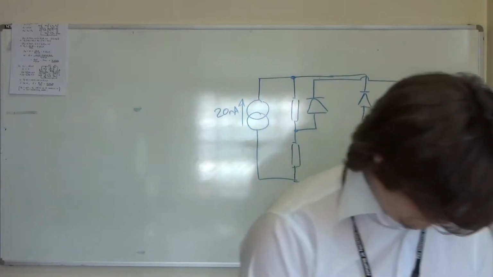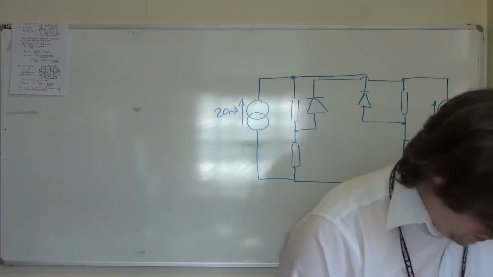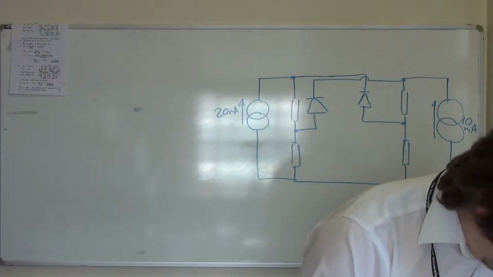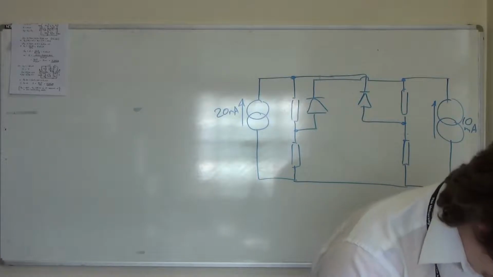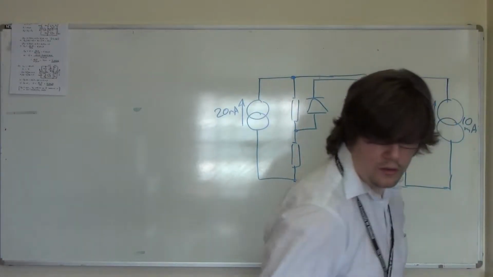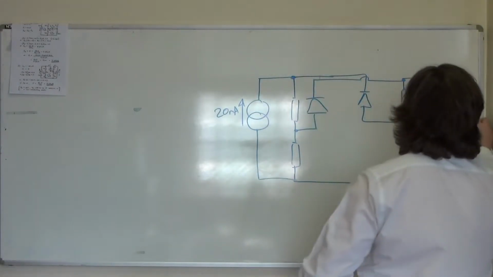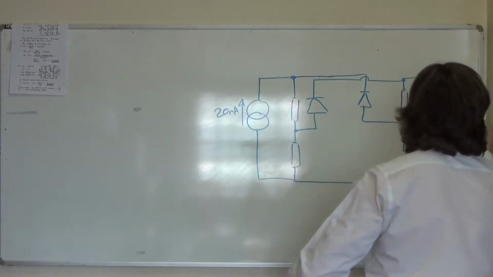Righty. So the question is asking us to find the value of I. Oh, sorry. It's not 10 milliamps. It's an unknown current I,